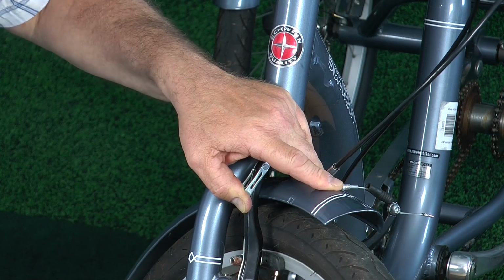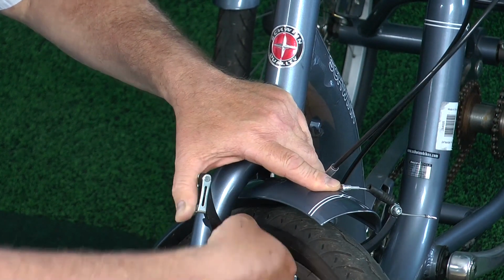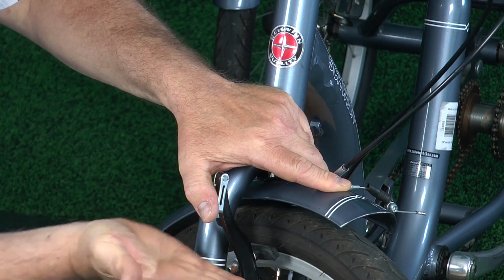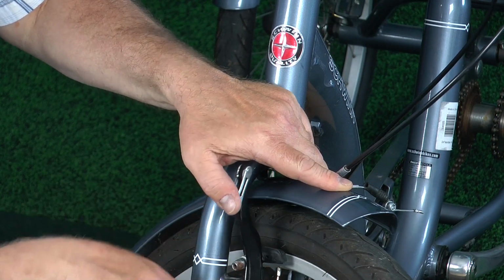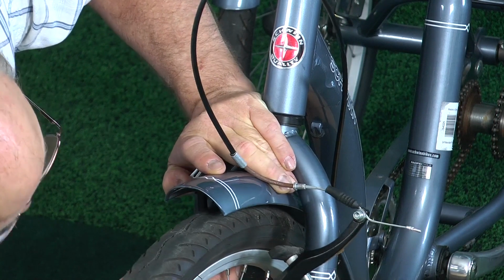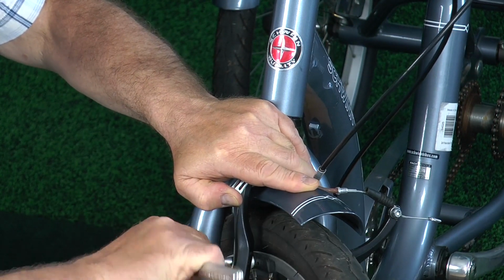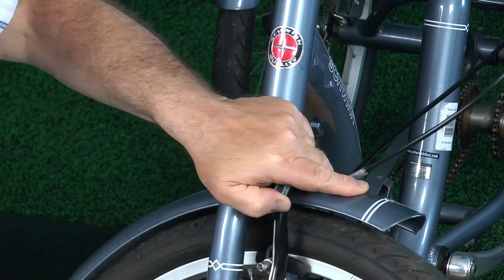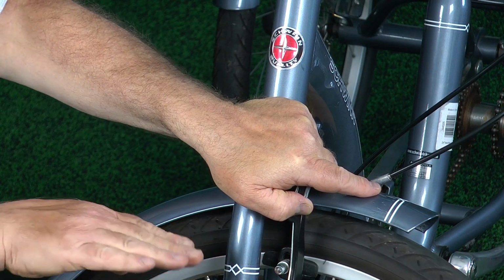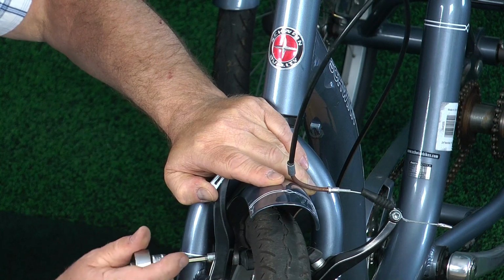Now you don't want to tighten it real tight at this moment because this kind of can move on you when you go to tighten it, and you want to make sure that it's in the right place. And this was just pointed down a little bit in the front, so I just wanted to bring it back. That looks good. Looks like it's riding mostly on the rim. Now, if you can just see what happened when I tightened this, it moved. The brake shoe actually went down,